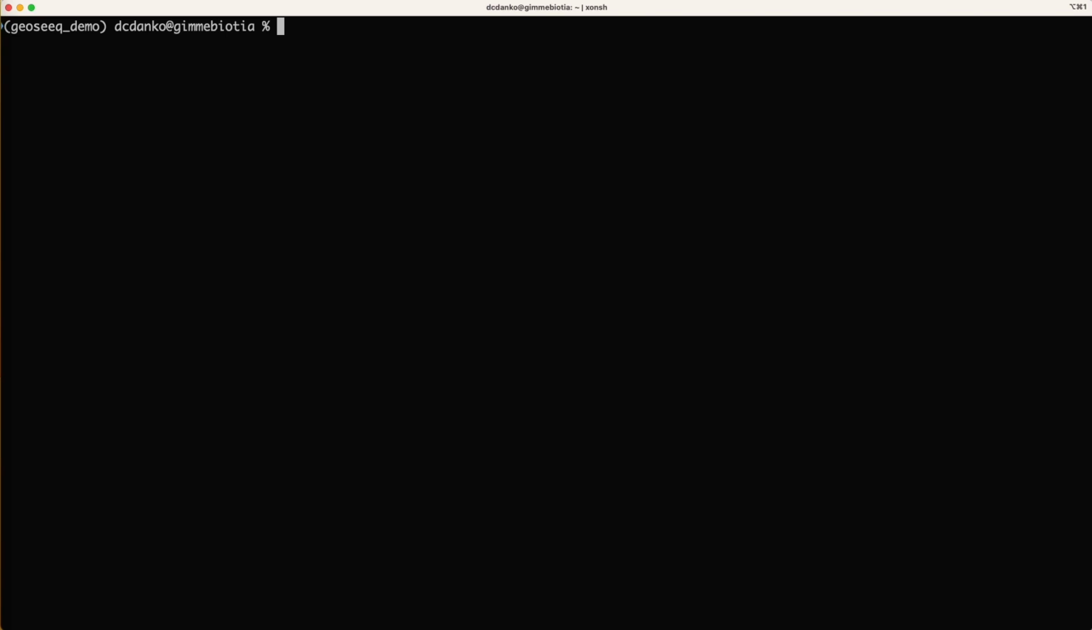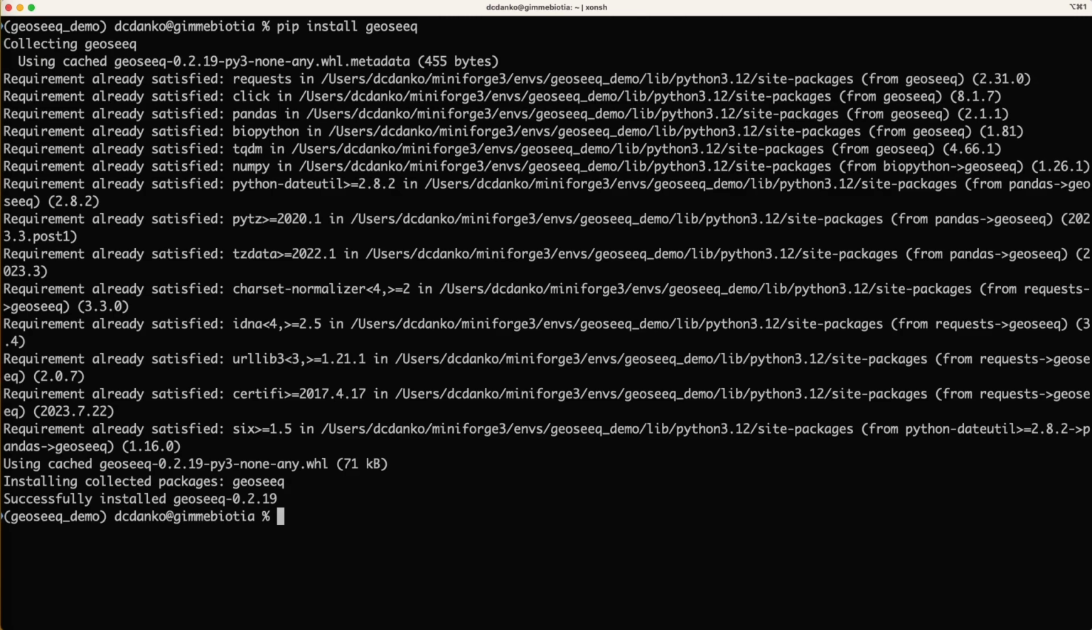So we're going to start out by installing the command line tool, and that's pretty easy to do. All we have to do here is pip install GeoSeeq. GeoSeeq, the command line tool, is a Python tool, so we're going to use pip, the Python package manager, to install this. You probably already have pip installed on your system. If you don't, there are a lot of tutorials on how to do that, so I'm not going to cover that here. So you can see we do pip install GeoSeeq, and we get a message that says successfully installed